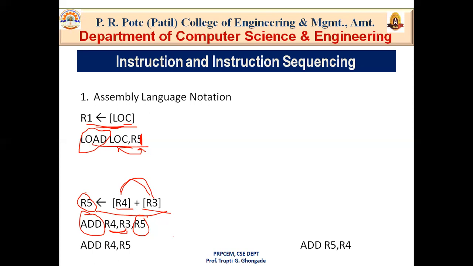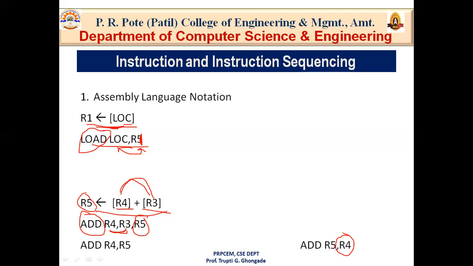According to the instruction, we have to perform the operations, whether it is a load operation or a store operation. Store operation means we have to write. Here I am adding R5 comma R4, and I'm storing it in R4. That means this performs the read operation, and in register R4 we are performing the write operation. So it depends on your instruction.